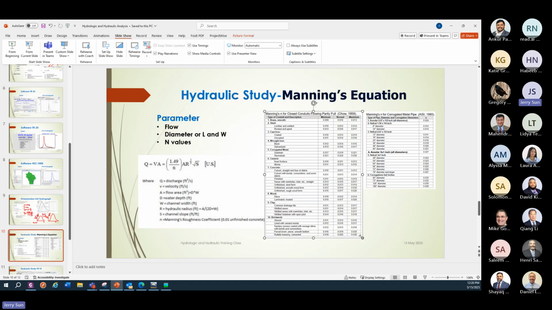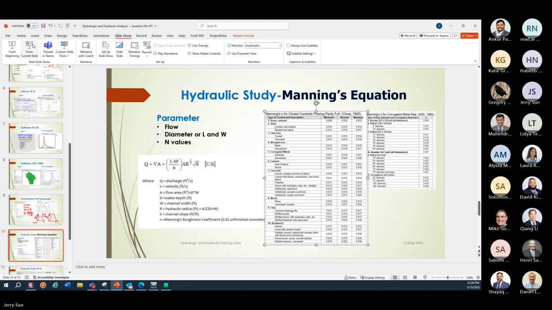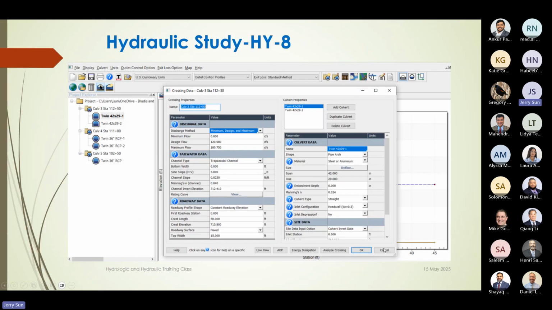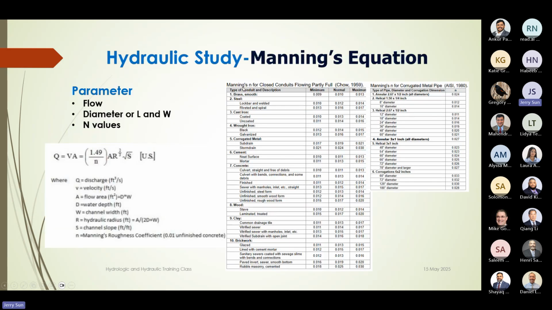For example, this value for the pipe. When we calculate a CMP pipe, we basically use 0.024. If you use it, no one will doubt you because it is a popular and common number